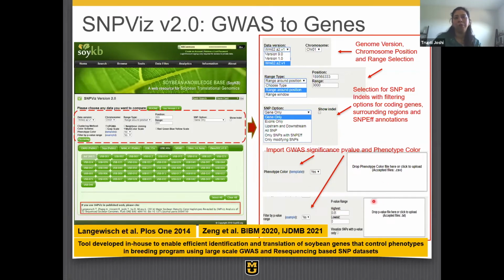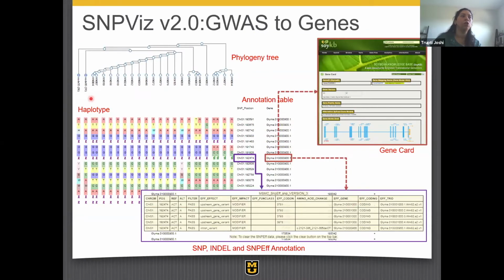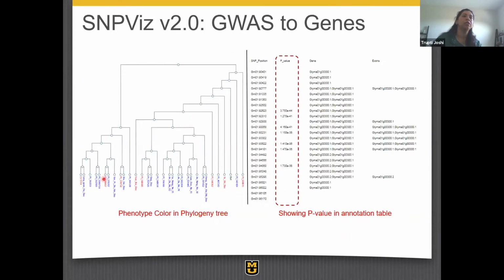You can also bring in phenotypic information if you already have it for those lines, or if you have already done a GWAS and have a p-value significance based on that, so that you can look at the lines, which cluster based on the region you have selected and the SNP information. They show you the similarities in the SNP, the chromosome, the gene that's overlapping, and then the amino acid changes that might exist for that particular position. If you have phenotypic data, you can bring phenotype here and color them up to like 10 different colors, based on whether you have quantitative or qualitative phenotypes to bring in. And if you had a GWAS, it will also add in the p-value.